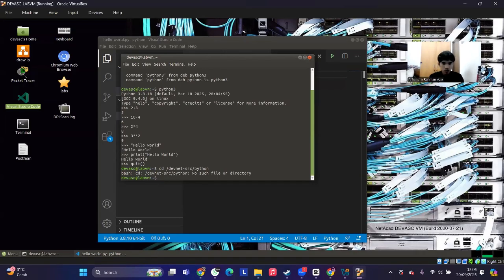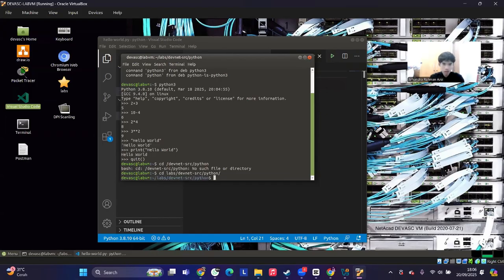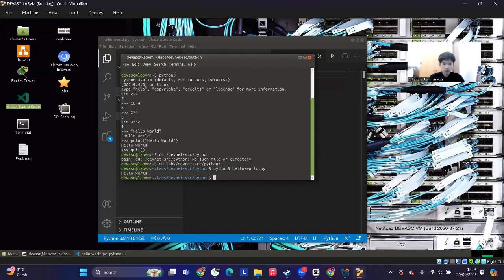So cd for the directory labs/devnet/python. Okay, so the directory has changed, and then I will type python3 and then the file name hello world.py. Okay, so you can see that the output shows the hello world sentence.